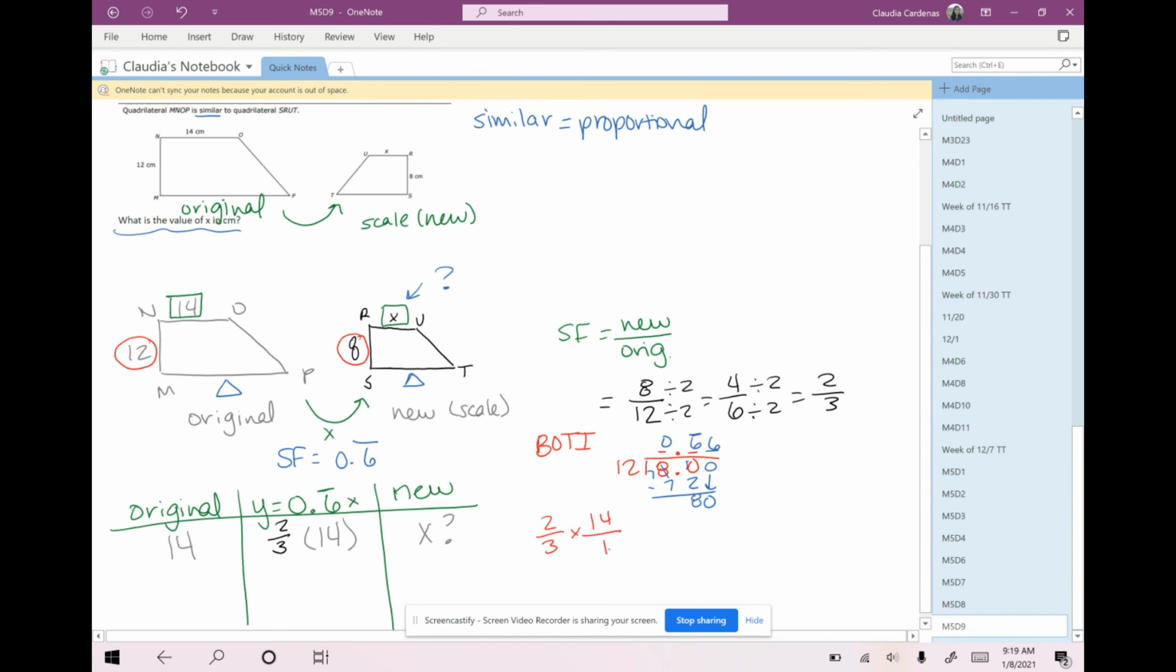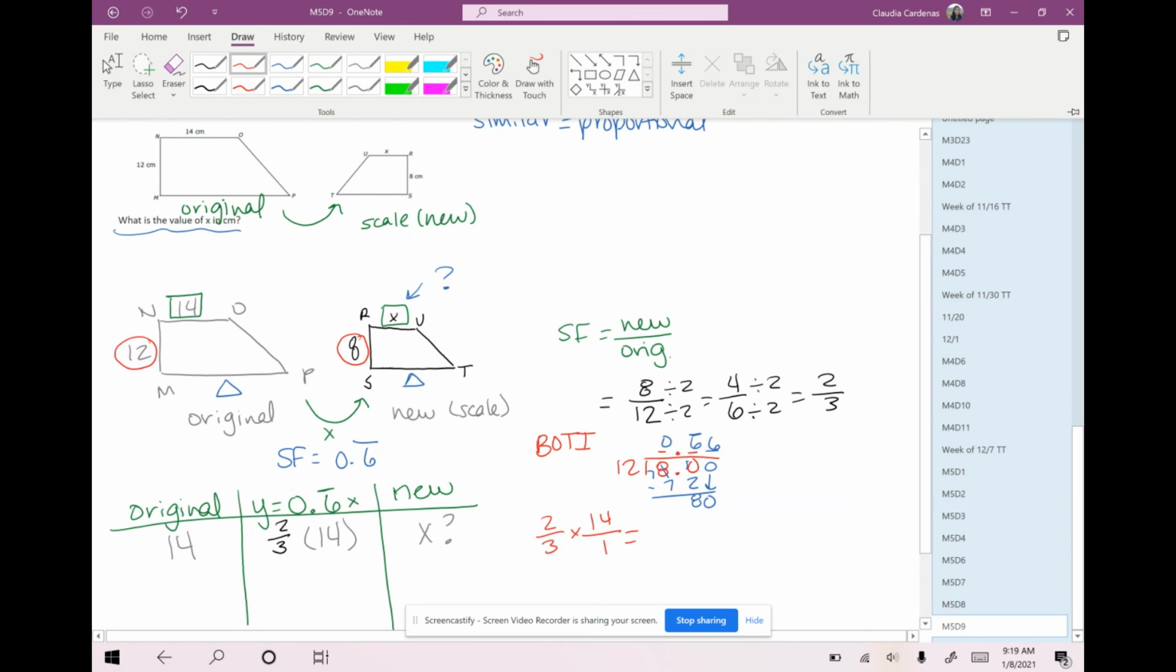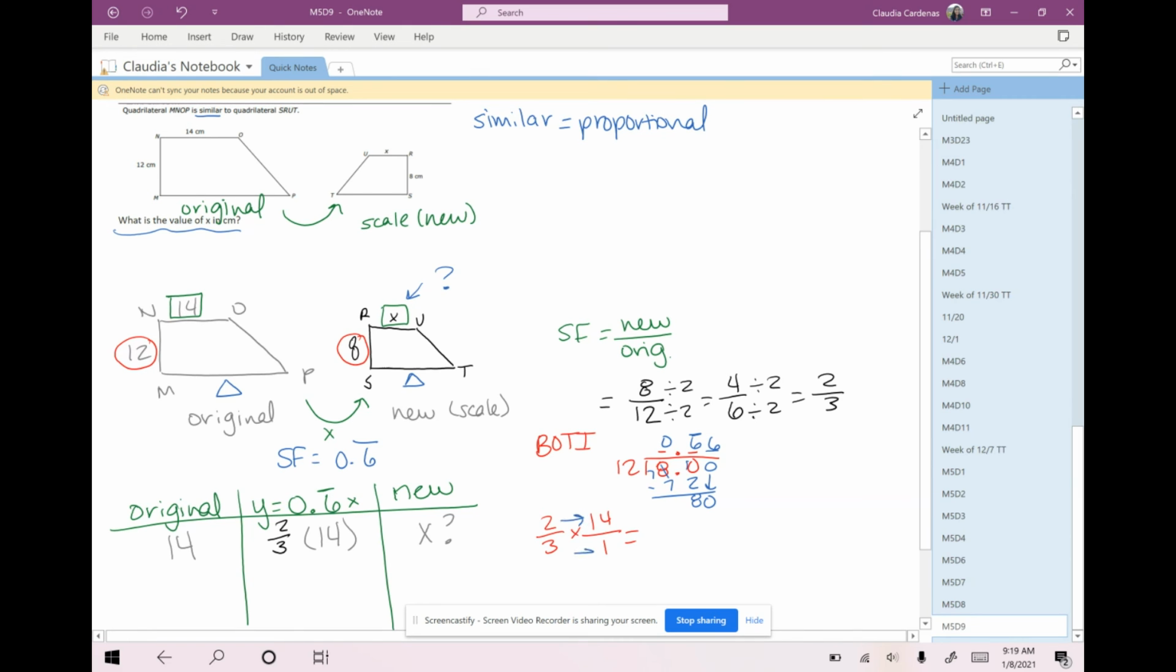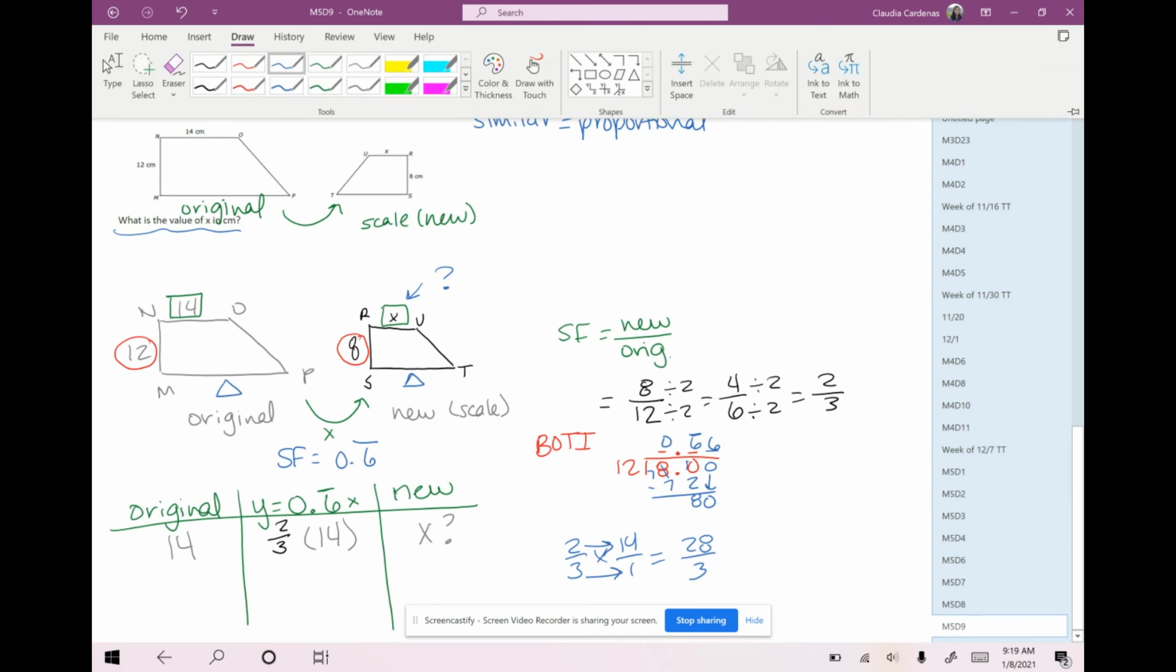So I'm going to multiply by the fraction to try and get the most specific that I can, or the most exact that I can. And I get 28. In fact, let me lower this because now it's getting too close to the other calculation. And we get 28 over 3. And then if I simplified that using bow tie,